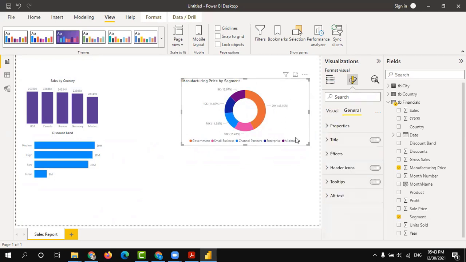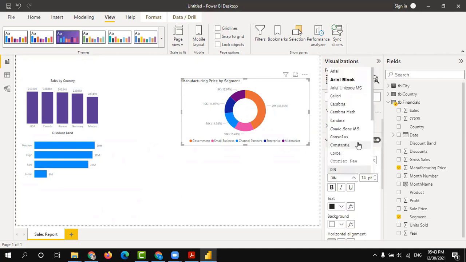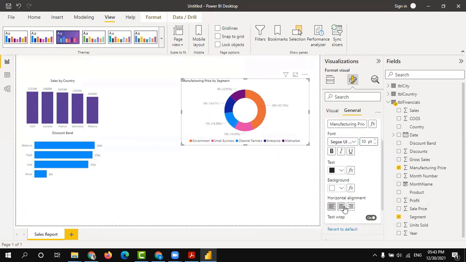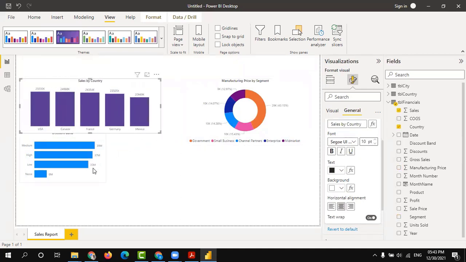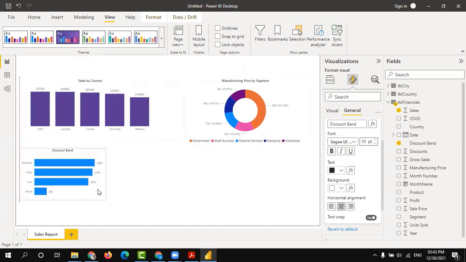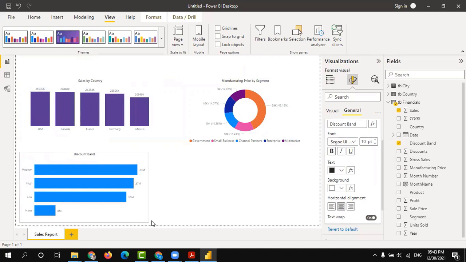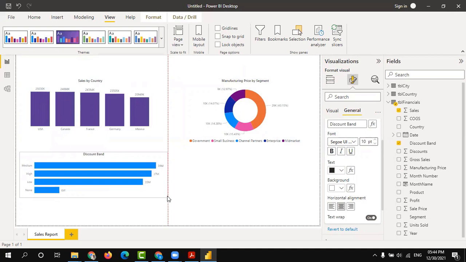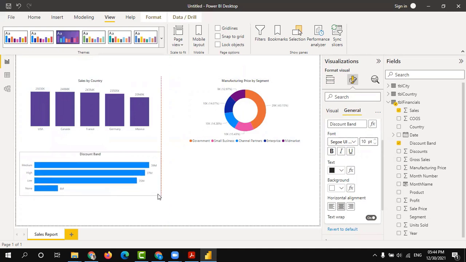I'm going to format my title, which needs to be the same font, Segoe UI semi-bold, and give the same size 10, and it is center aligned. Whenever you expand an object on the canvas, you can see a red dotted line that indicates your dragging position is aligned with the top side object or bottom side object.